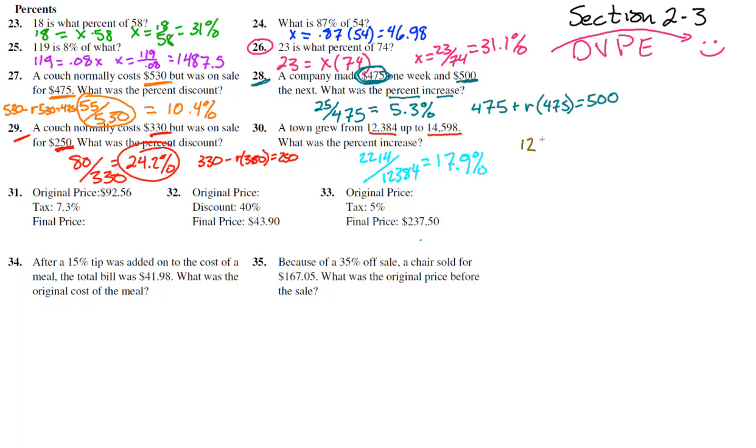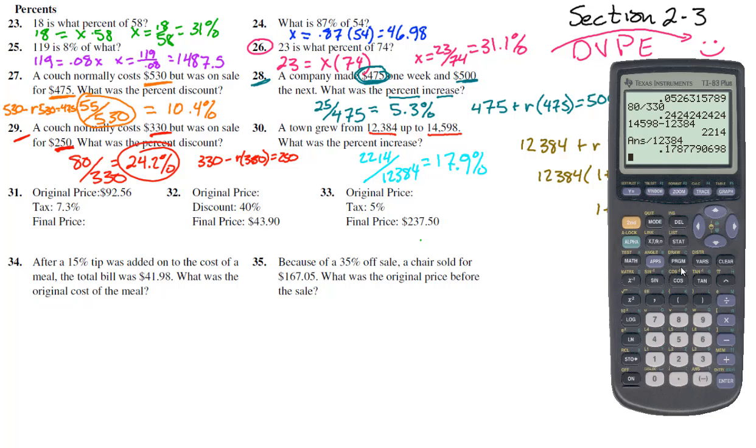So you could have taken 12,384 plus a certain rate times 12,384 equals 14,598. Now I'm going to do this just a little bit differently. Some of you will note the shortcut: 12,384 times (1 plus r). So it's increasing by a rate, you can use the 1 plus r equals 14,598, like that. And so if we were to divide off the 12,384, we get 1 plus r is, and go ahead and divide that,